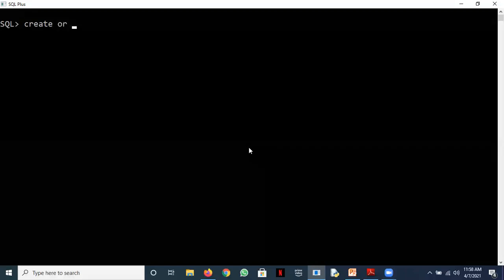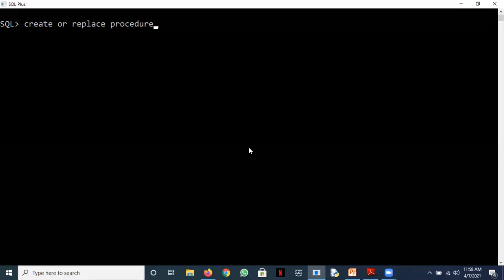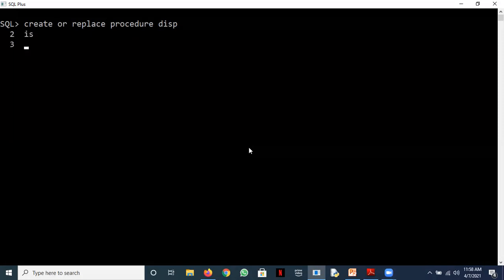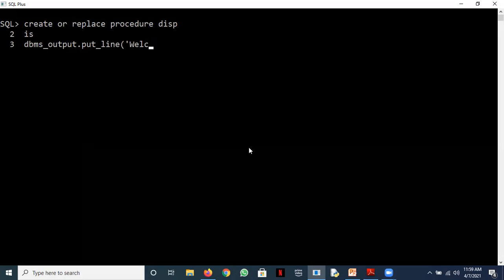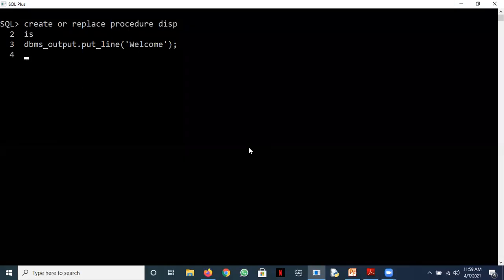So I can write here create or replace procedure. Say I'm just taking a procedure without any arguments first. And then I can put a print statement here. Some statement I can write here.